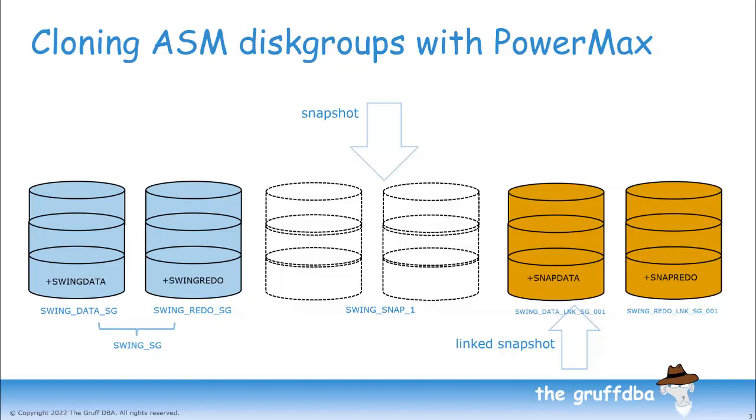Now we are going to refresh our ASM disk group clones, bringing the latest copy of our database to the clone environment. This is the sort of operation you might need to do to refresh a development environment with the latest copy of production data. Or you might need to refresh a QA environment so that you can test the latest patch set against an exact clone of production to know if your patch will cause any unexpected problems when you do apply it to